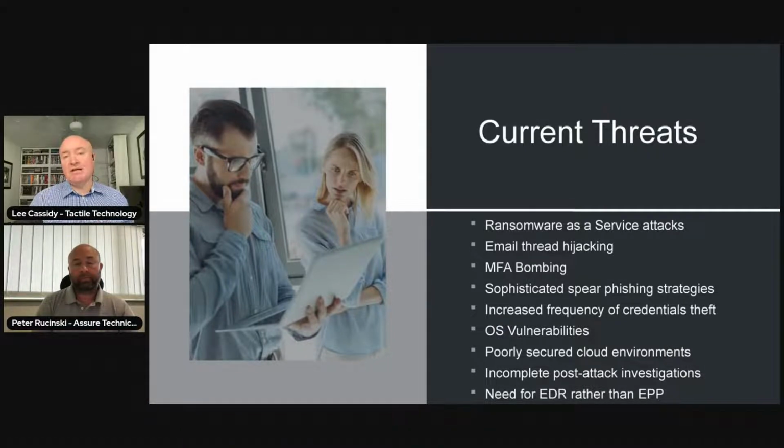Another one that we're seeing a lot of is email thread hijacking. This is where they will try and get onto your machine. They'll take control of your user account within Office 365 or whatever email platform you've got. They'll look through all the email threads you've had with people recently and find one that looks like it's going to be a viable one, depending on what they're trying to achieve. So maybe they just want to do some kind of lateral movement and get onto another machine within the organization. So effectively an internal spear phishing attack, but using an email thread, a conversation that's been had between two individuals already.